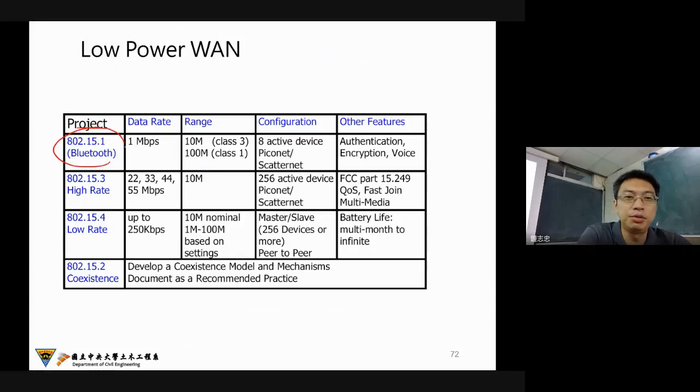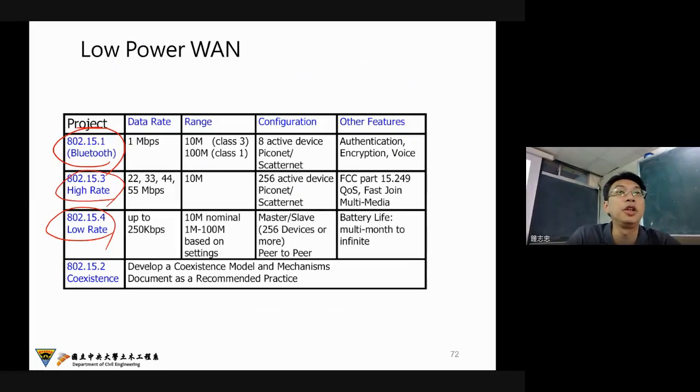The first one is Bluetooth, and here this is a high rate for data transmission, especially using cell phone technology, and the low rate like LoRa. So here I just gave a very quick introduction for you to understand the basics of wireless